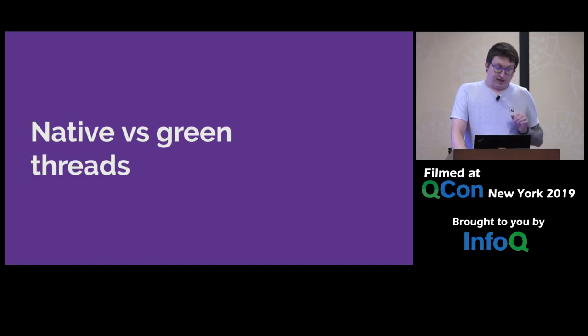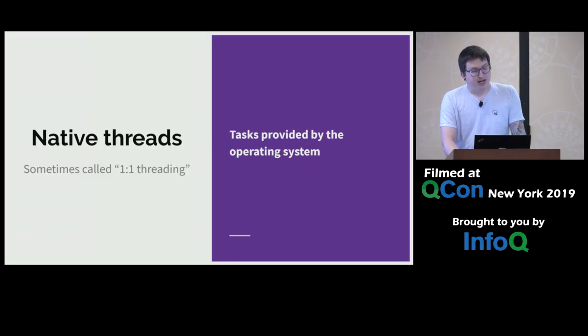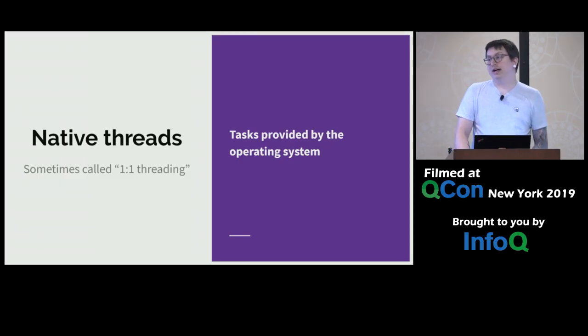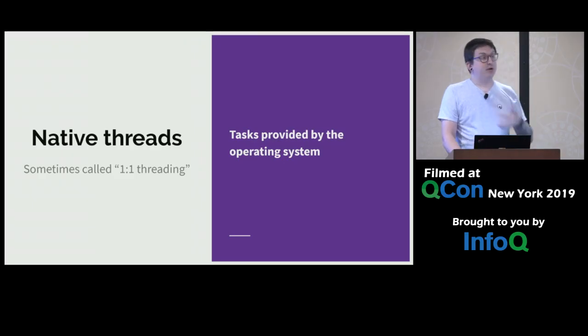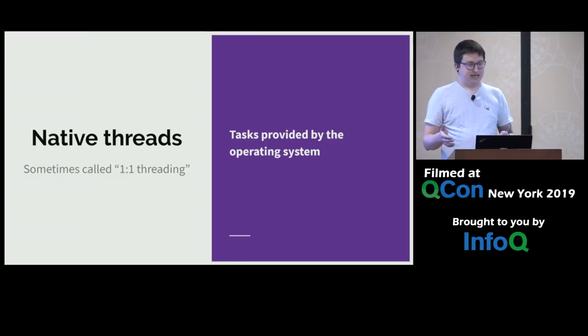And then finally, in my big terminology block, native versus green threading. This one gets even more complicated. I'm not going into all the differences here. You also hear things like coroutines and stackless versus stackful coroutines and all these other things. But at its core, there's this dichotomy between native threads, which are sometimes called one-to-one threading. These are tasks that your operating system provides as an API. So if you're running a process, you're able to say within that process, I would like to execute some tasks. And it's called one-to-one threading because you get one task for one operating system task,